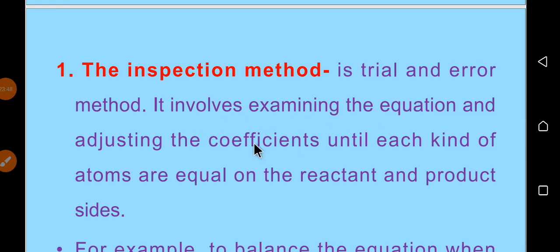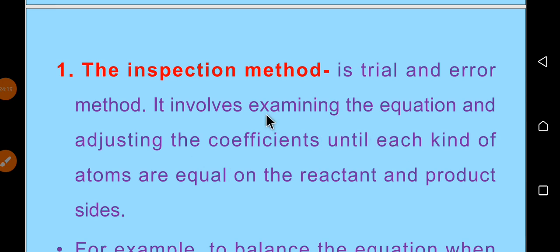It involves examining the equation and adjusting the coefficients until each kind of atom is equal on the reactant and product side. ማለትም ይህ inspection method practice የሚደረገው involving examining the equation, adjusting the coefficient until each kind of atom is equal to the reactant and the product side. እያንዳንዱ በሪአክታንት በኩል ያለው አተም እና ከፕሮዳክት ካለው አተም ጋር እኩል እስከሚሆን ድረስ